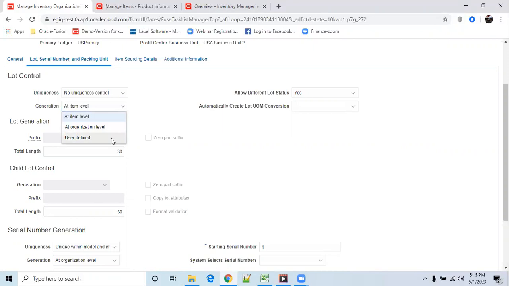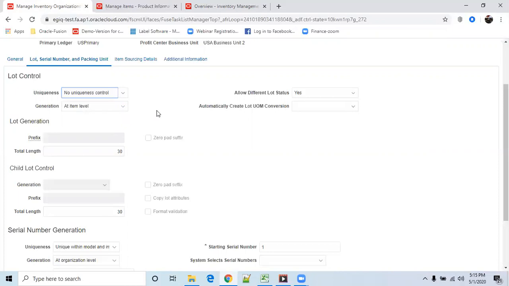These are the three ways we can generate your lot. And what about uniqueness? See here: no uniqueness control, or uniqueness across items. If you want to maintain uniqueness across the items, you can go for this one. No uniqueness control means specific item.